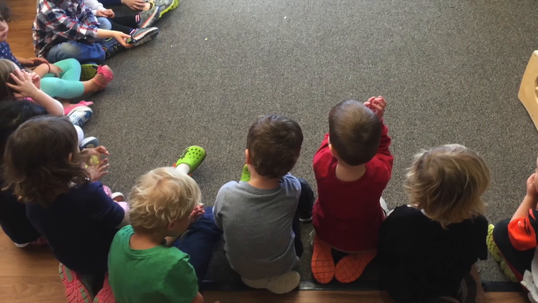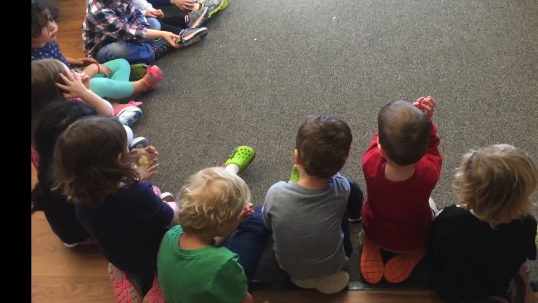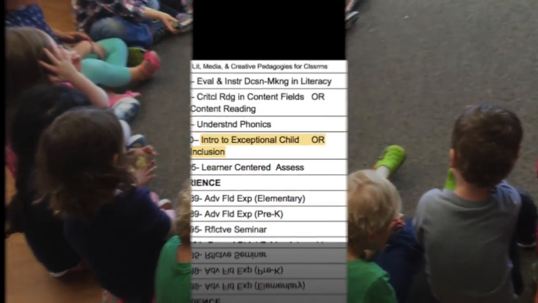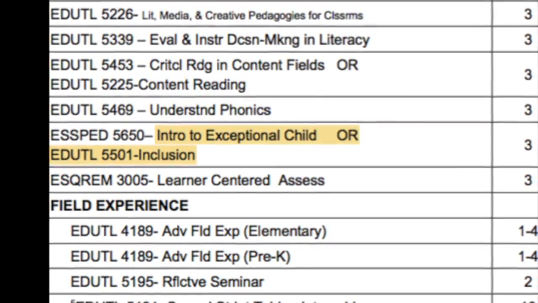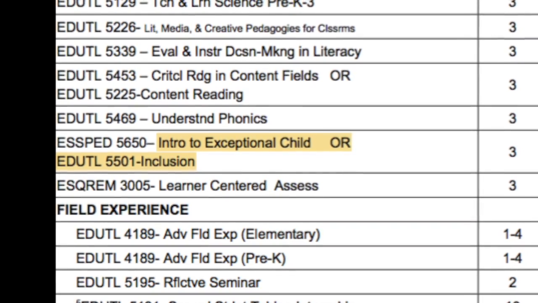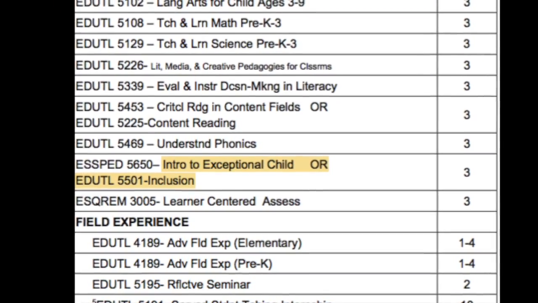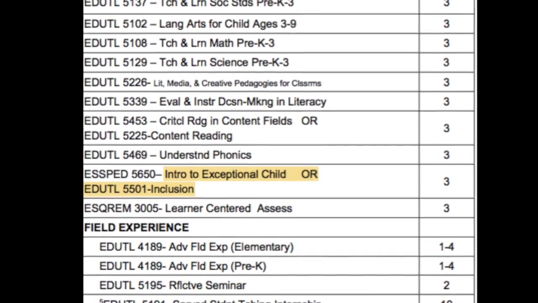A classroom may contain 20 to 35 students, and teachers often lack the training to handle children with disabilities. As an Ohio State undergrad, it is only required to take one course that teaches about students with disabilities. With that being said, every single one of us as teachers will have students with disabilities in our classroom.